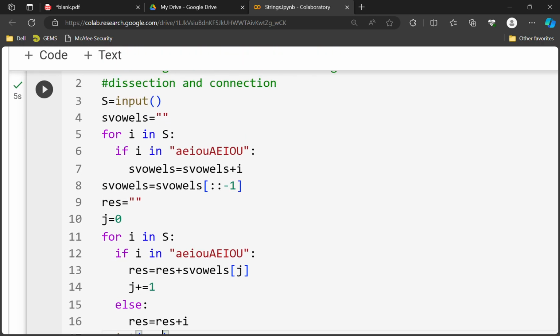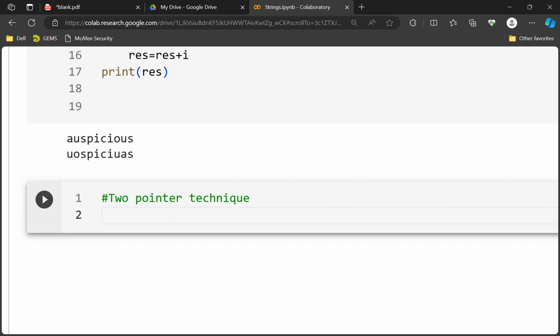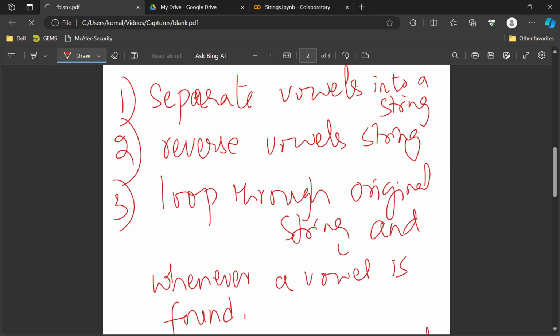Now let us work on the second method. The second method is the two-pointer technique. So what is this two-pointer technique? According to the two-pointer technique,